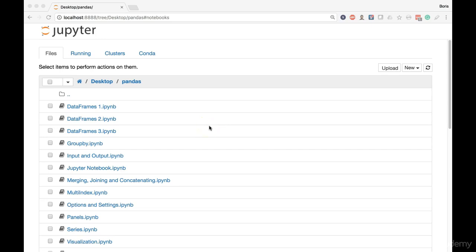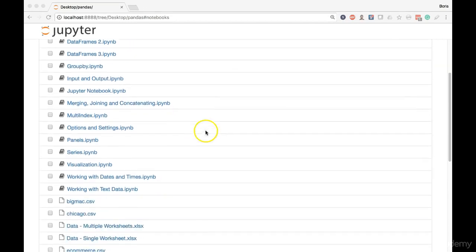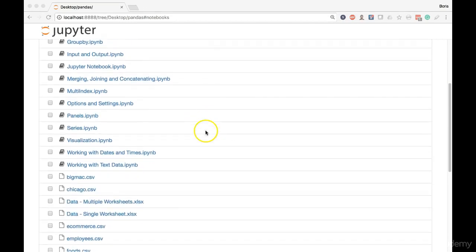All right, this marks the conclusion of our Data Analysis with Pandas course, and I wanted to take a second to personally thank you for following me over the course of the last 18 hours and the more than 150 lessons that I created. I'm looking over all of the Jupyter notebooks that we generated and all of our CSV files in our Pandas folder, and I myself am kind of impressed in a way by all of the material